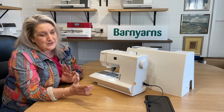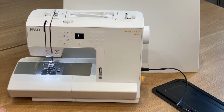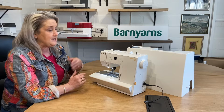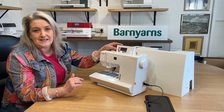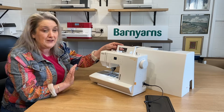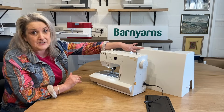The Passports are fabulous machines. They're just little compact machines, but you don't lose any of those features. So with the Passport 3, you're looking at a little over 6 kilograms, 6.3 kilograms, so incredibly portable. So if you haven't got a dedicated sewing area and you're having to move this in and out of the kitchen or on and off the dining room table, then you don't have to worry. It's really easy for you to move, and of course the cover means it is protected